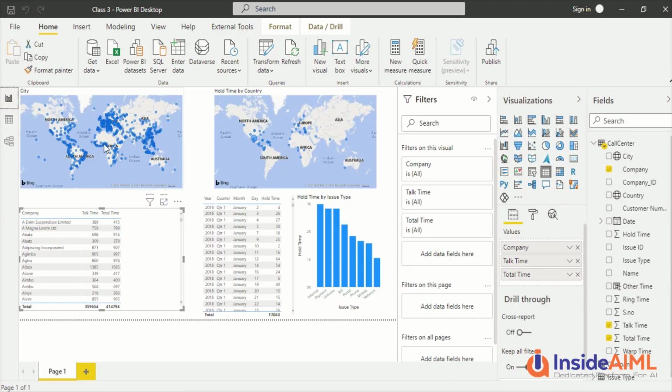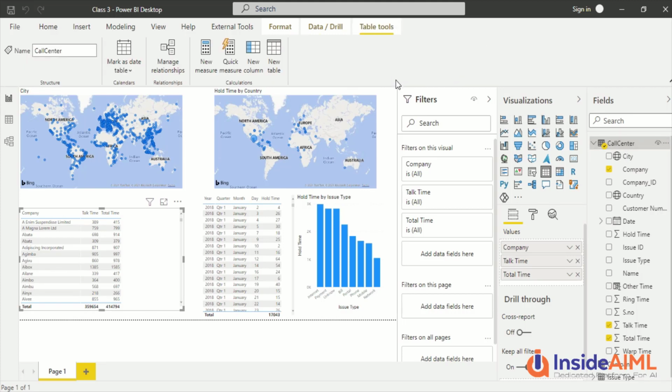Now we wanted to have one calculation, which is sum of A divided by sum of B. So I need a measure, and I'm going to do it by clicking here. I right now also see a new measure option. If I click here, I will also again see the new measure option. When I click on the table, I see the options for quick measure, new measure, and new column. I need a measure out here.